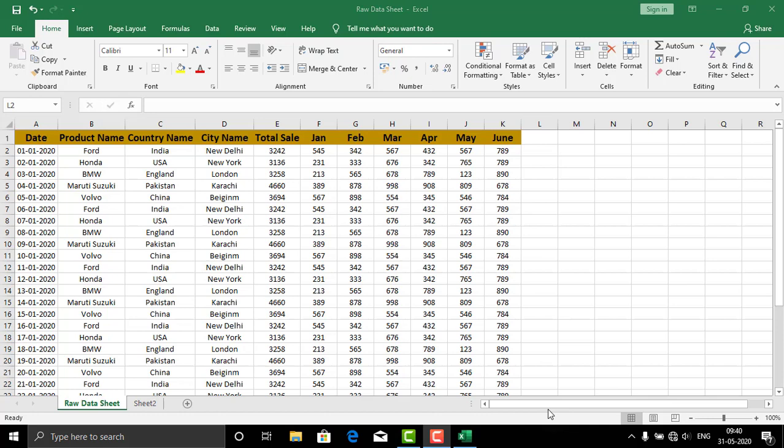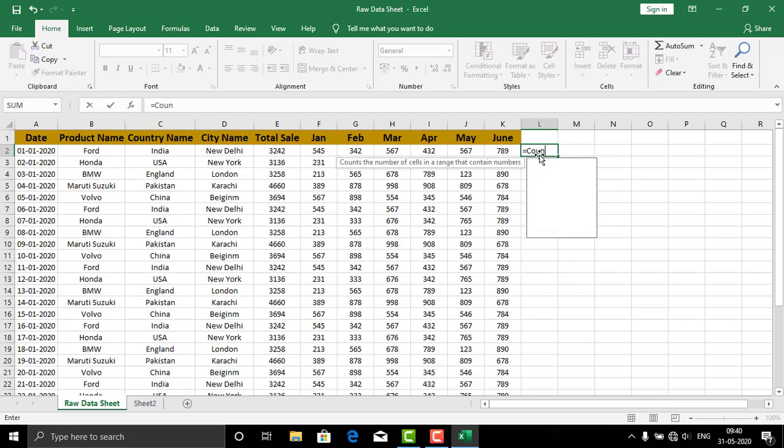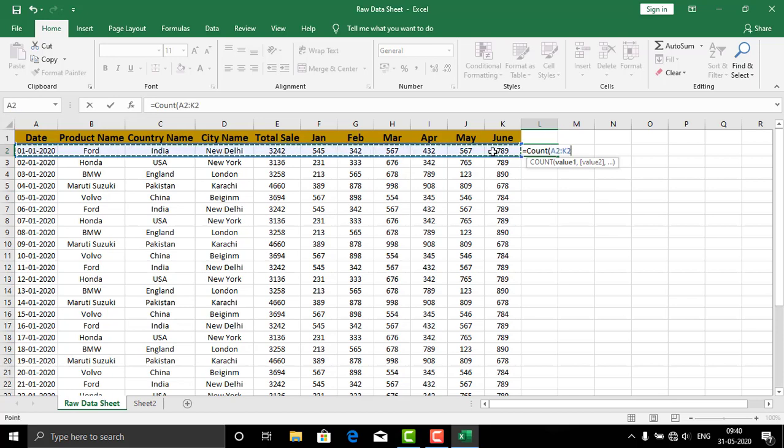So we have done the AVERAGE formulas. And the third one is the COUNT formula, a very helpful formula. What it does is it counts the number of cells in a range that contain numbers. So I select the cell, type equals COUNT, open the bracket, select the complete row, and close the bracket.